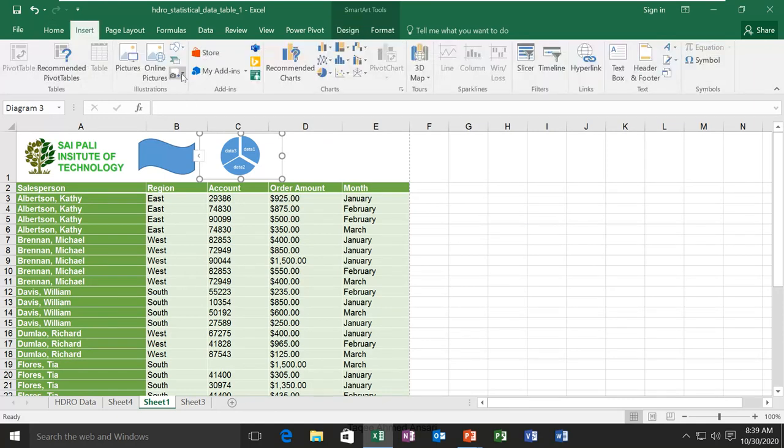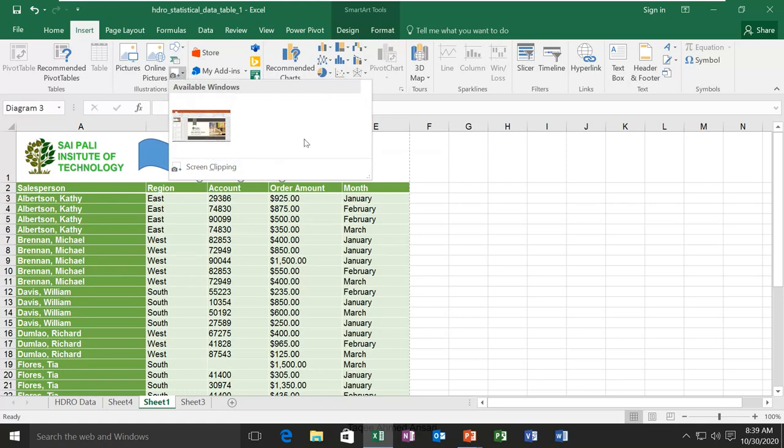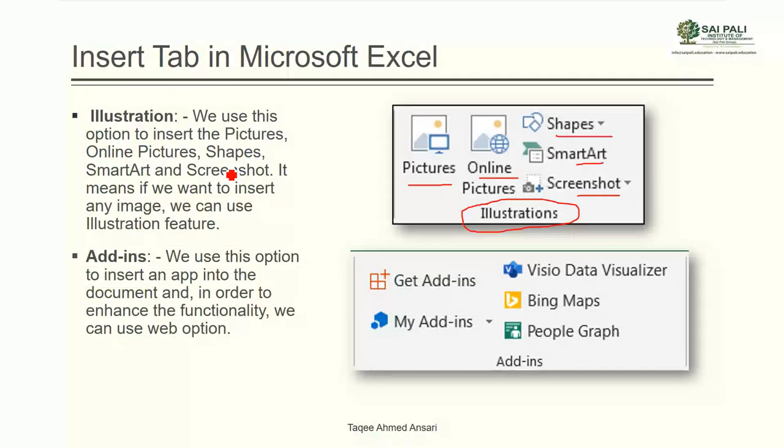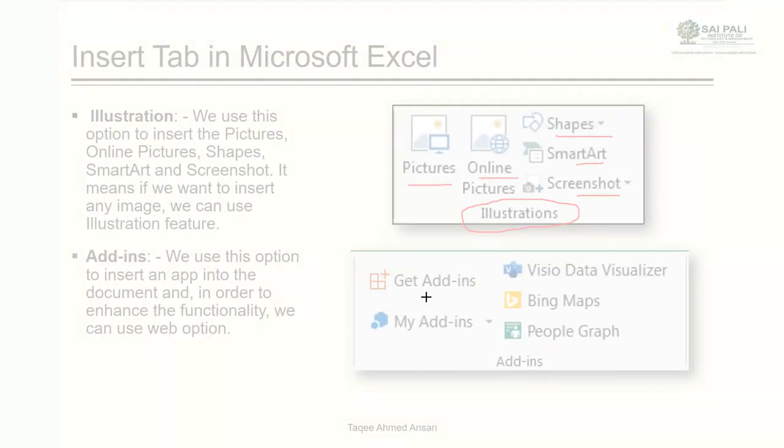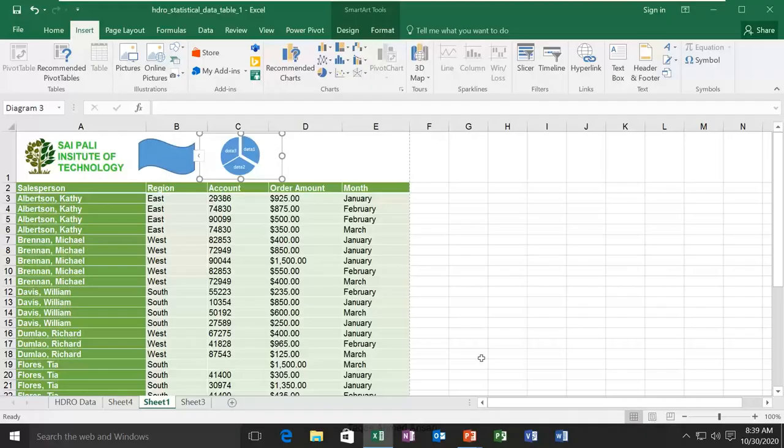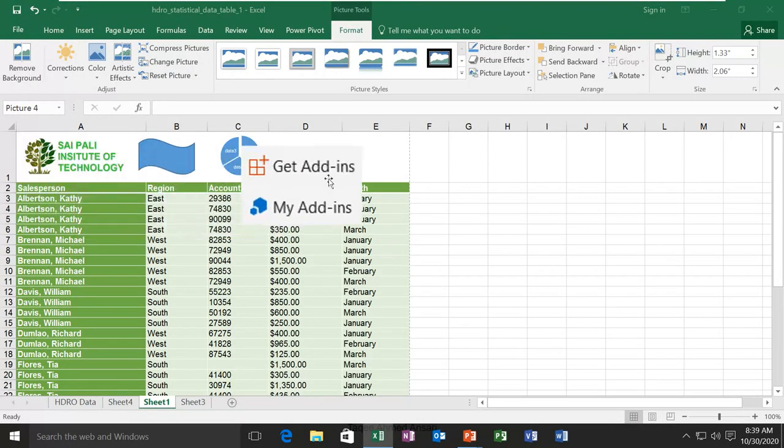Then you have the option to add screenshots. It is an option to take a screenshot of your machine. If you click, it shows the open windows of your machine, and you can choose one and it will take the whole window. Or if you want a specific place, you can click Screen Clipping and select what space you want to have. For example, I want only this image. Now you can see it is available here. Then you can adjust where you want to put it. It comes like an image.